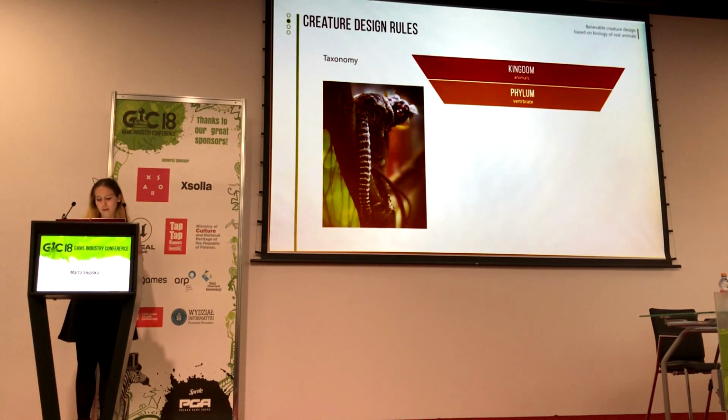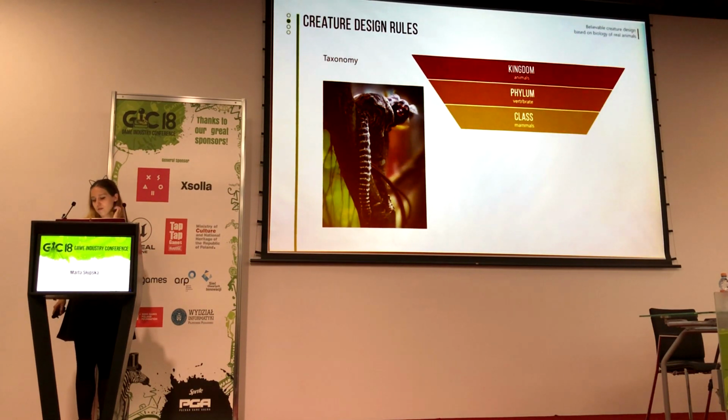The second one is phylum, and it's again a simplification, but it divides animals into vertebrates and invertebrates. Vertebrates are the ones that have a backbone or spine, and the others are those that don't have it. You can use it in creature design, saying that your creature has a backbone. It gives you a lot of rules you can use when you're designing. And when you are designing something without a spine, invertebrates, there are much looser rules for this. So you can decide which one you try to do.